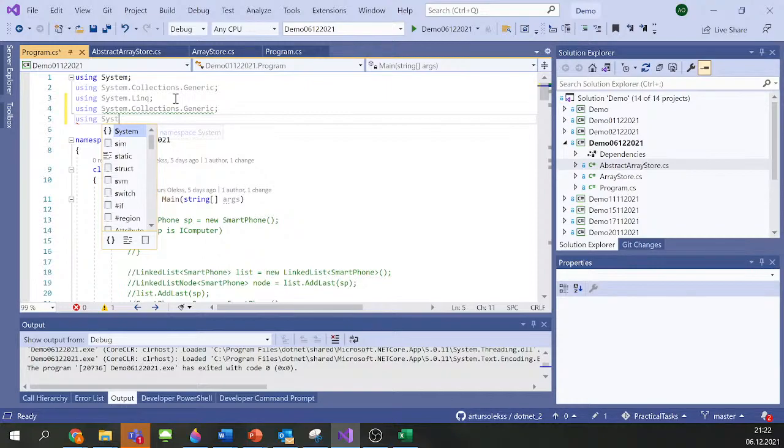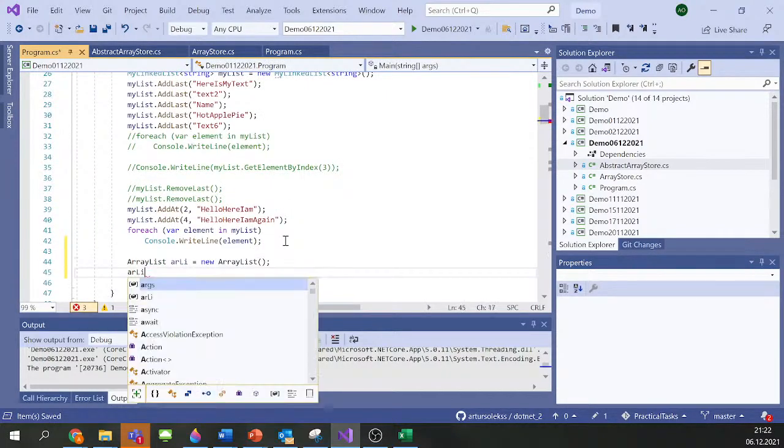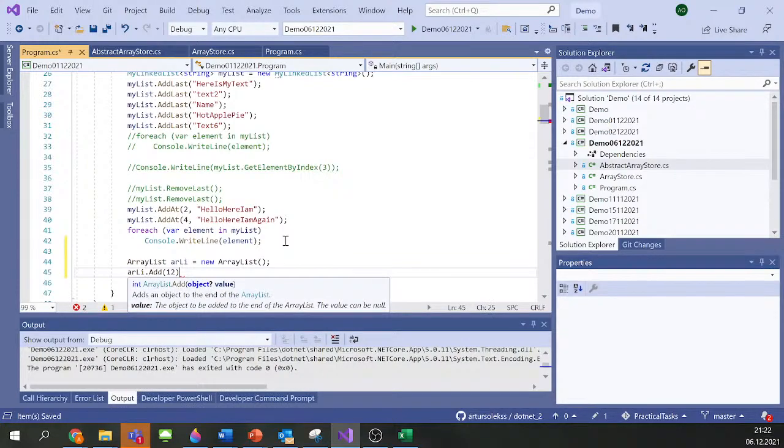So we can put any possible elements there. Add integer. Yeah, we can add basically any object there. Add string or any other type. And this is acceptable, but for the lists, list is the